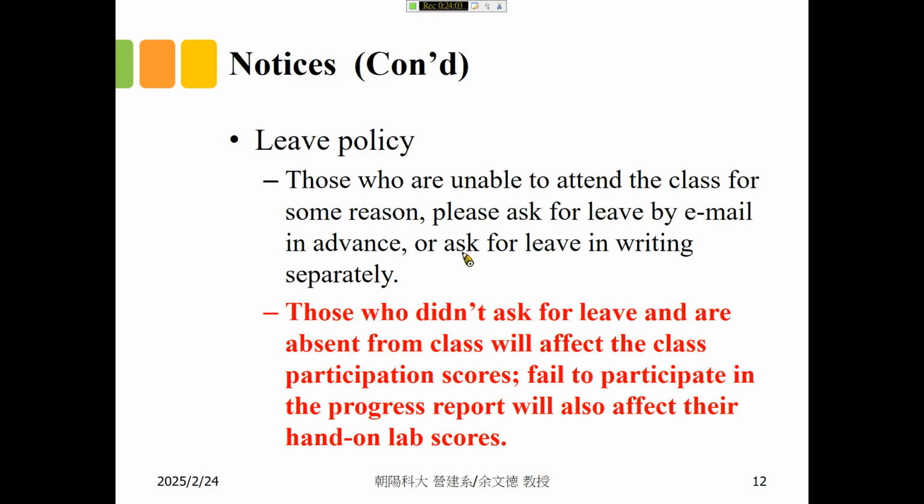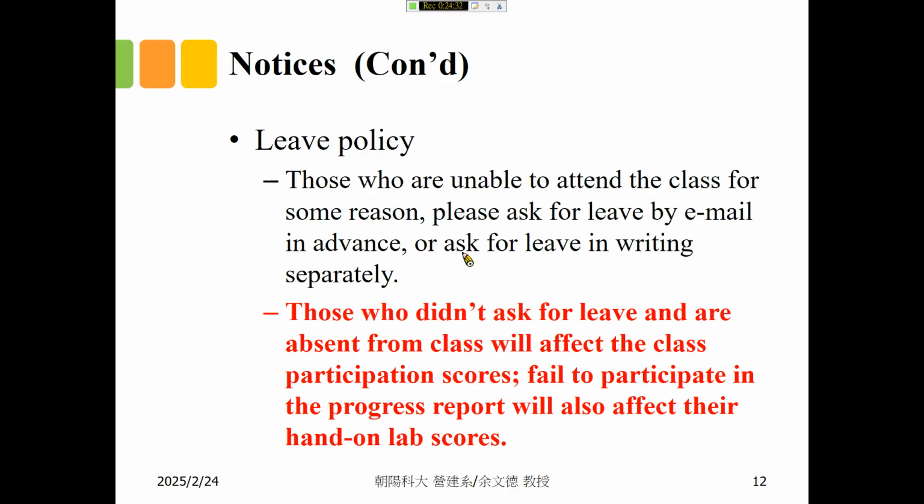Okay, and the leave policy. You can ask for leave if you cannot attend the class, but you have to ask for leave in writing in advance. Which means that if you are sick, you can ask your other classmates to tell me, but you have to write an email or send a message.